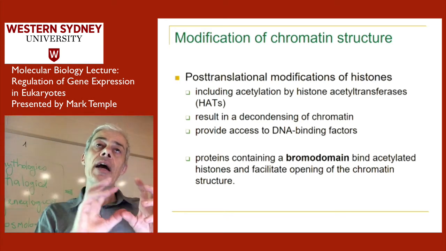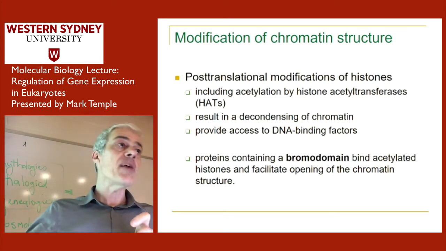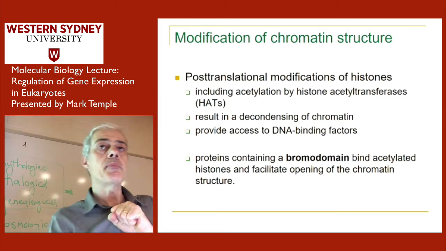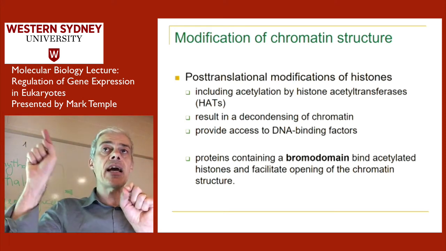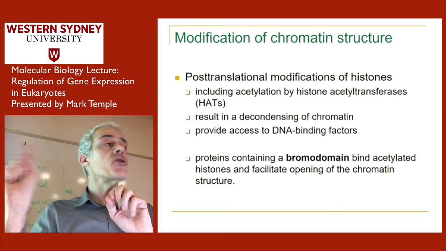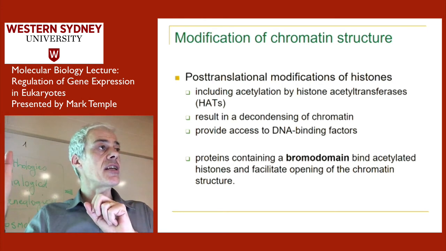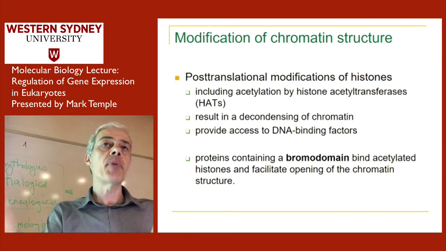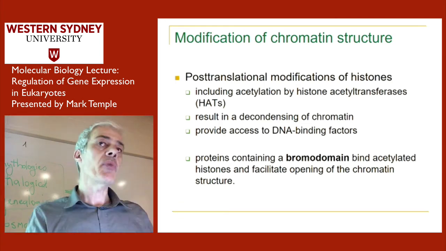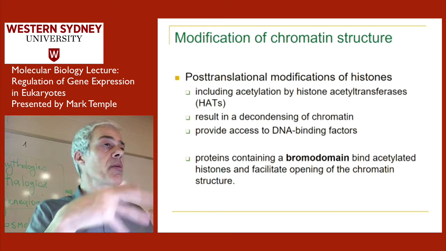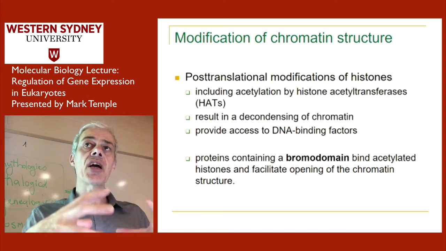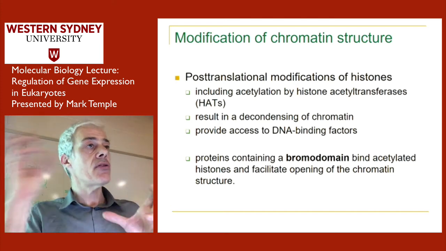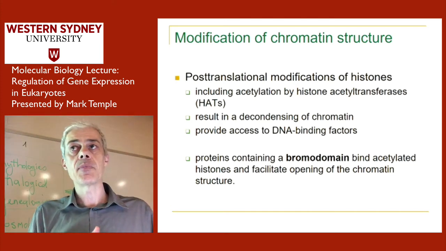Okay, so you've got a strongly negatively charged DNA backbone, and then you've got these histones with these big tails that stick out of the nucleosomes, which are positively charged with all those lysine and arginine side chains. So all of those positively charged residues can bind to the negatively charged DNA. And then when that happens, people think it makes that nucleosome much more tightly packed and packaged, and much more difficult to displace so that the RNA polymerase can get in there. Okay?